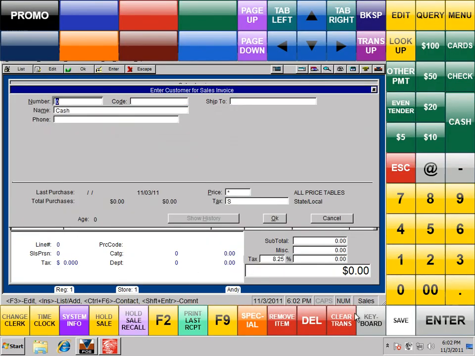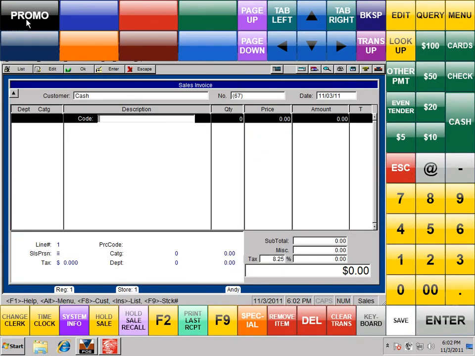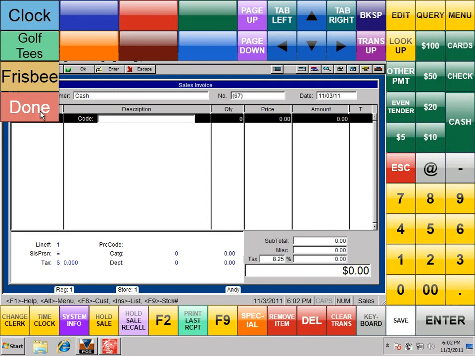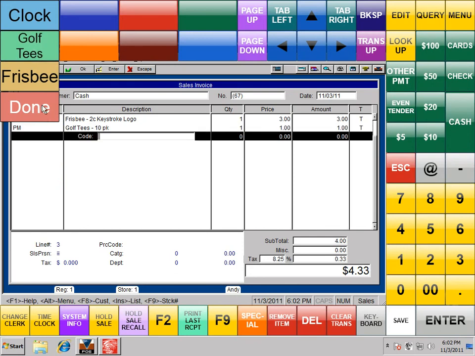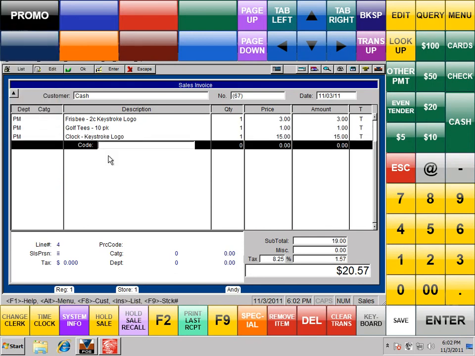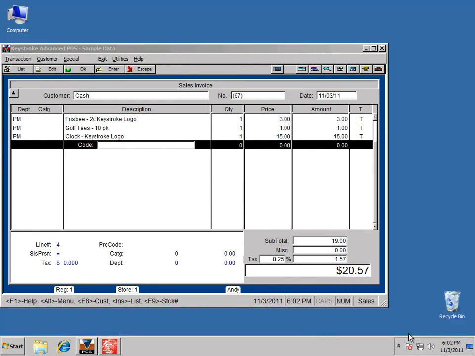and let's clear our transaction again. Go to Promo, and now we can click the Done button. Bring up a Frisbee, maybe some golf tees, click Done, Promo, Clock, Done. So that works. So let's go back into our editor